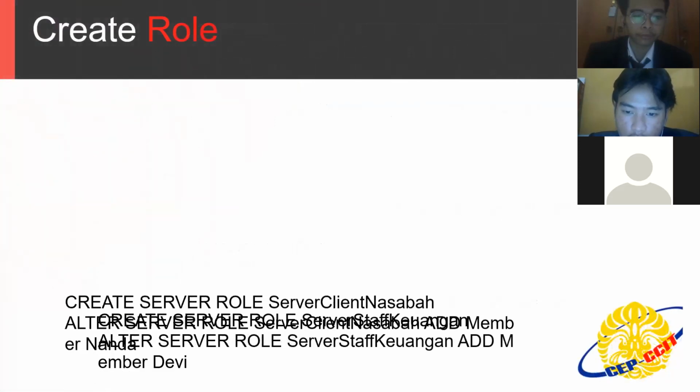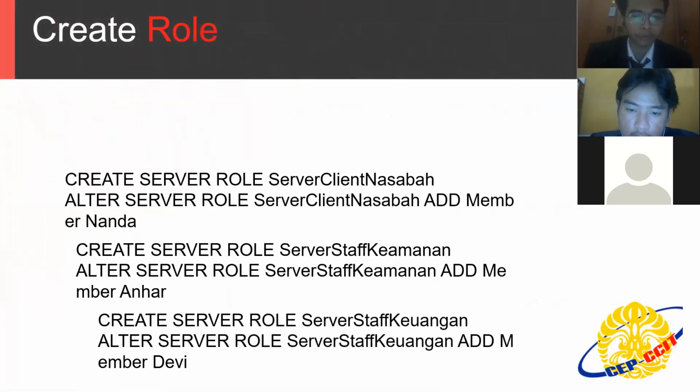Next, slide 4. The slide 4 is create server role client nasabah. Why create server role client nasabah?